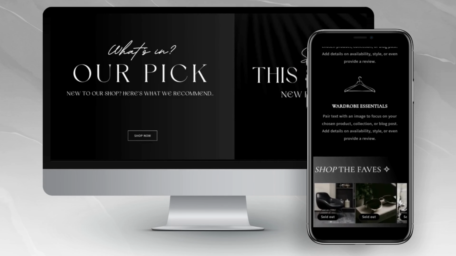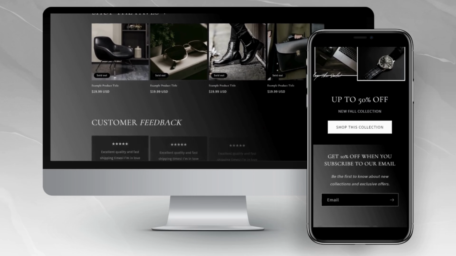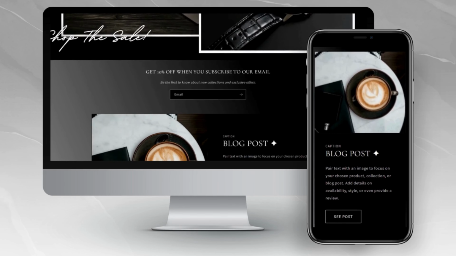For a more professional look for your website, you can include certain sections like a moving slideshow, a customer reviews section, and you can also add things like a featured Instagram section if you would like to promote your social